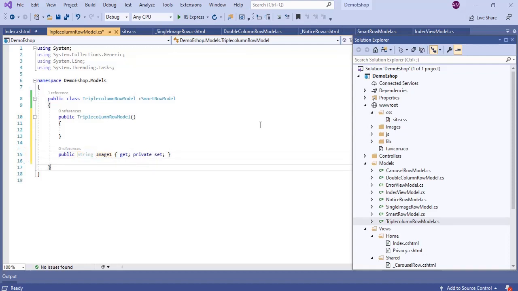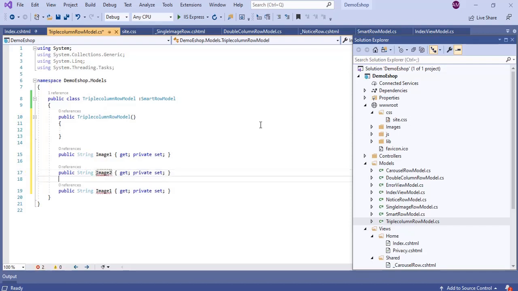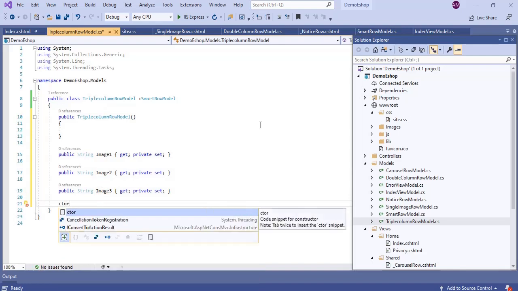Our first property is ready. Let's create the second and third properties, Image2 and Image3.